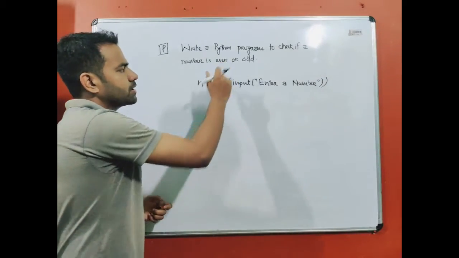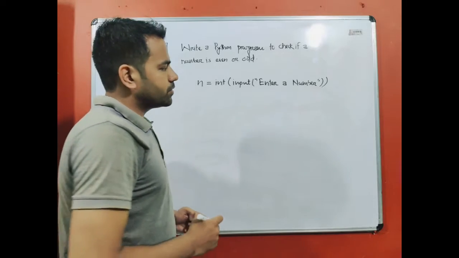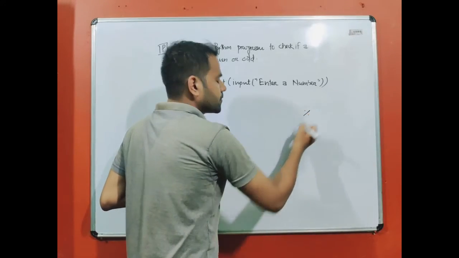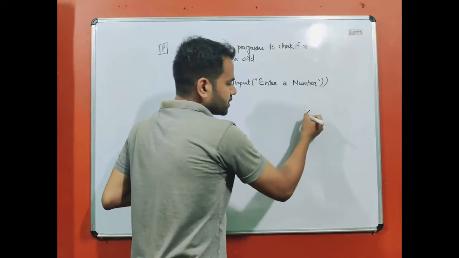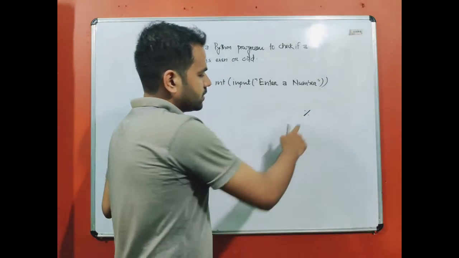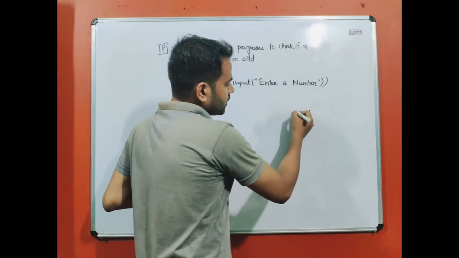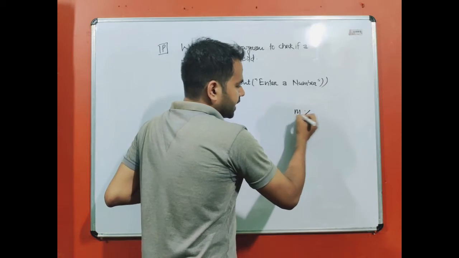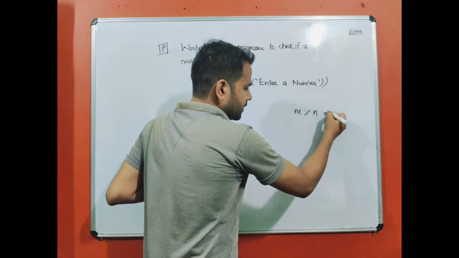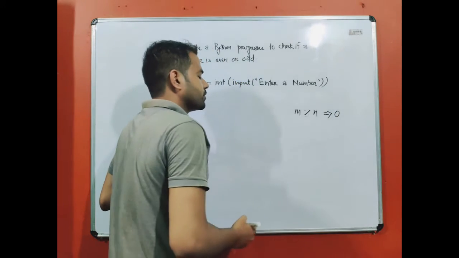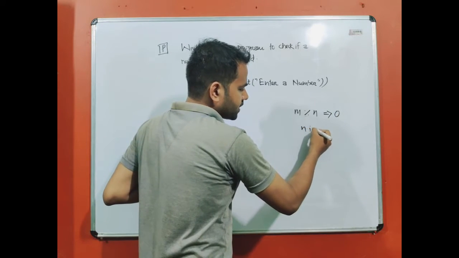Now how are we going to check if a number is even or odd? We can use the modulus operator. If you don't know about this modulus operator, then you can learn it first, then come to this video. If I write m modular division n, and if it is evaluated to be 0, this means that n is a factor